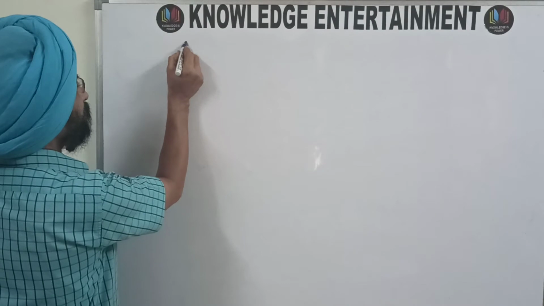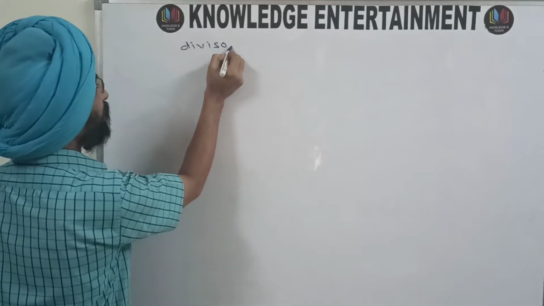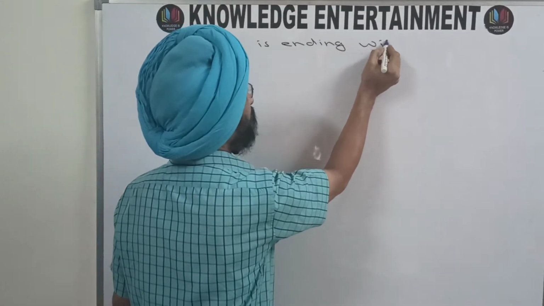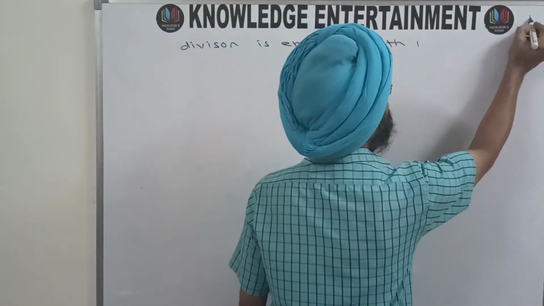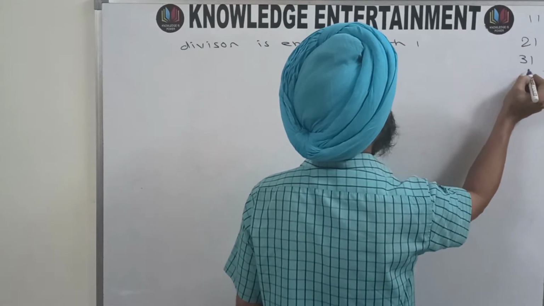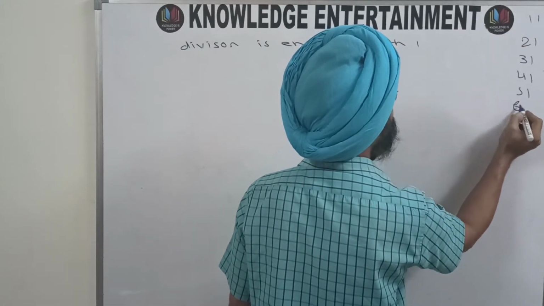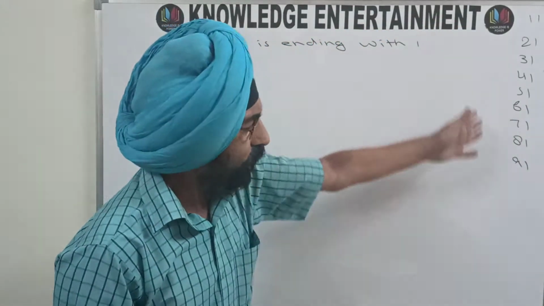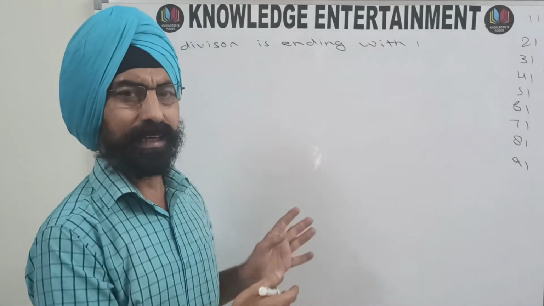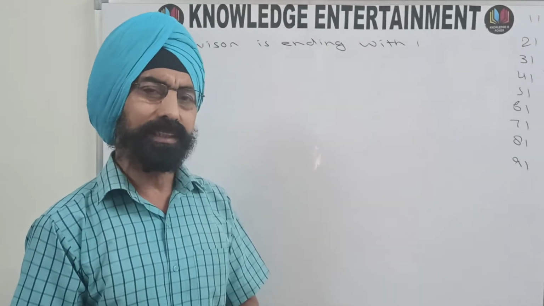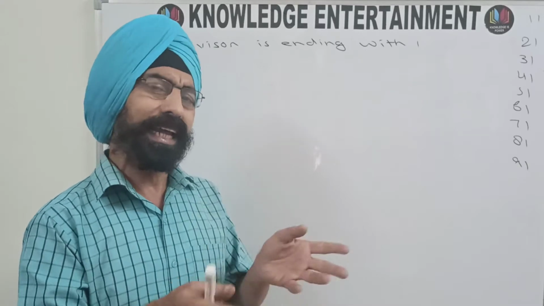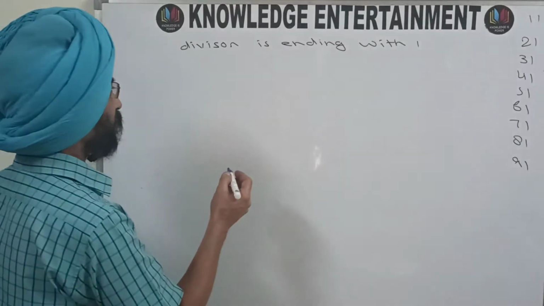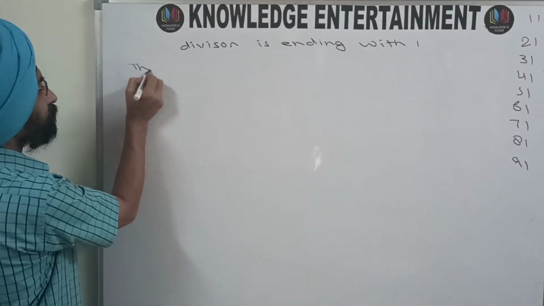So this is divisibility when your divisor is ending with 1, like 11, 21, 31, 41, 51, 61, 71, 81, 91. If your divisor is one of these numbers, then there is a divisibility test. First we will prove that divisibility test and then we will apply that onto the practical problems. So write down the theorem first. Theorem: